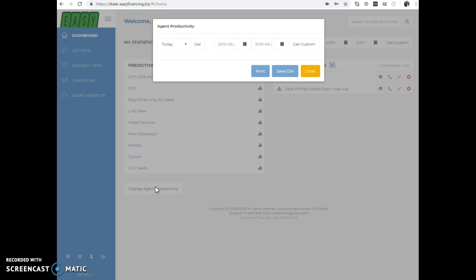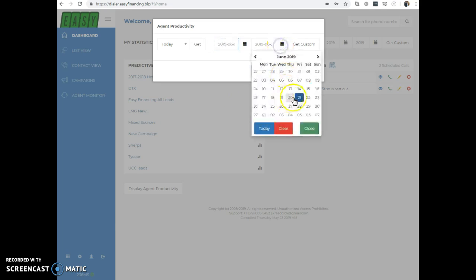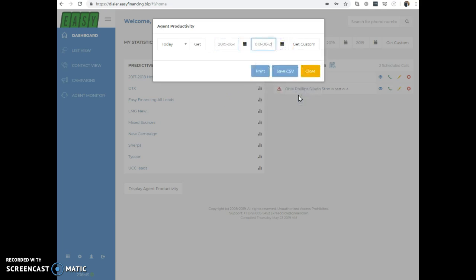Let's try getting a week's report. So let's customize the dates. We want to get starting from Monday to Friday. That's for example, because we all work Monday to Friday. You could actually print it or save it as a CSV file. You want to get custom, hit that one, and then